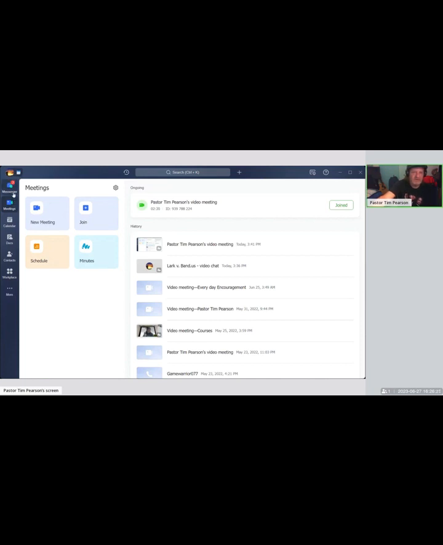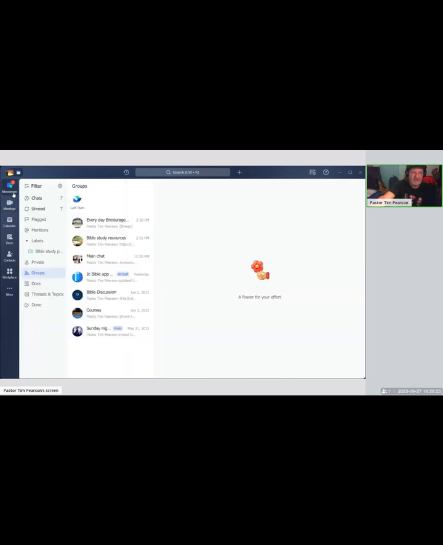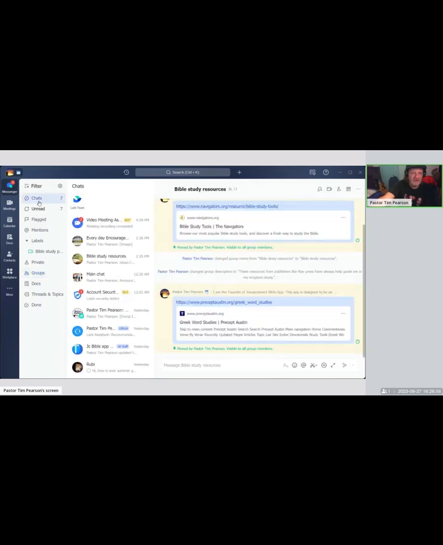So what we're going to do is go up here. What I like to start at when I come onto the site is up here on Messenger, because that's where all the communication is happening. So we're going to start with the actual Messenger today and look at it. This is the filters. You've got chats, which shows you all the chats right here, so you can get them all compiled down here, and you can open them up and see what's going on.